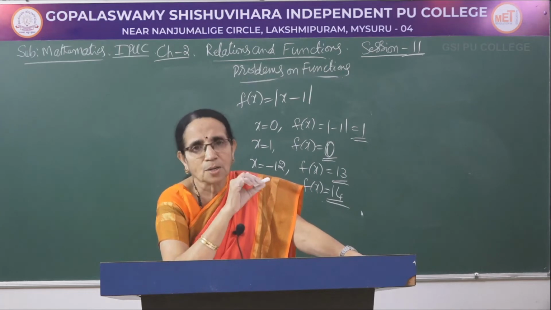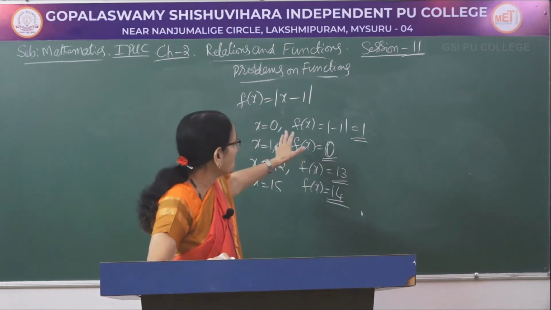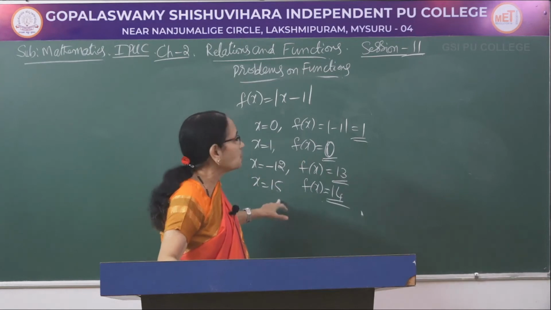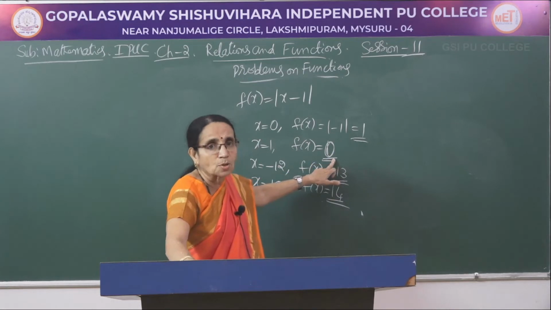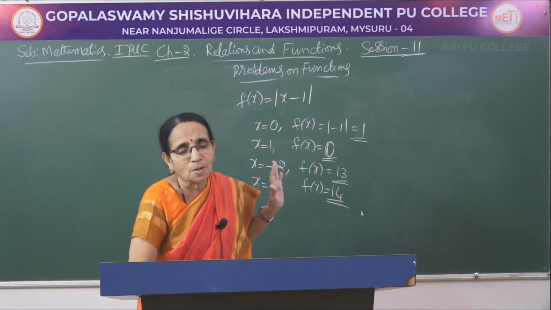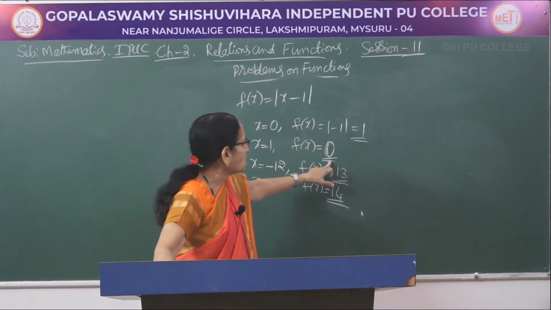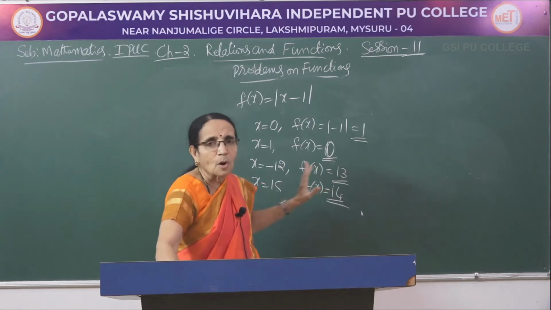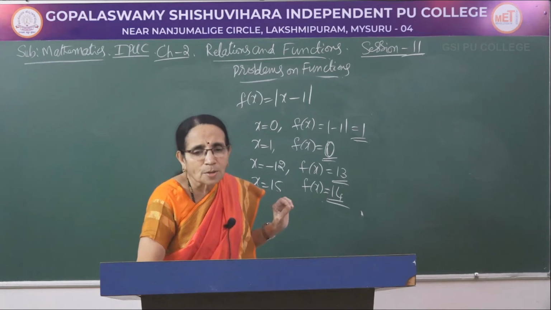The domain of the function f is the set of the real numbers, whereas here the range would be the set of the images of the elements of the domain. So, we have given different values here. For any value of x here, either it would be equal to 0 or it would be greater than 0. So, for any real value of x, the f(x) would be always greater than or equal to 0. When x is exactly equal to 1, it would be 0. For all the other values, it would be greater than 0. That means it is a positive number.